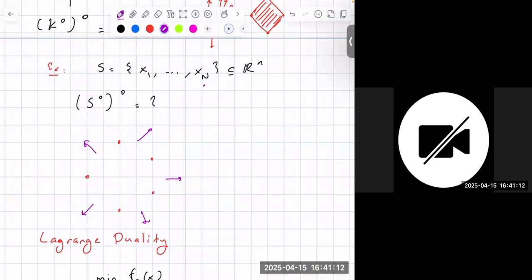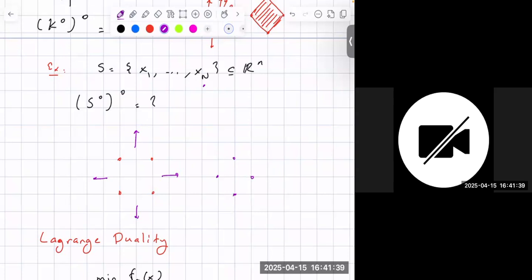So the dual of this shape is going to come out, let me be nice to myself and give myself an easier shape. If you're more artistic, you can do the shape I started off with. Let me go back to my square. Let's say I only have the 4 corners of the square. Here I have capital N many, let's say 4. And the dual is going to come out